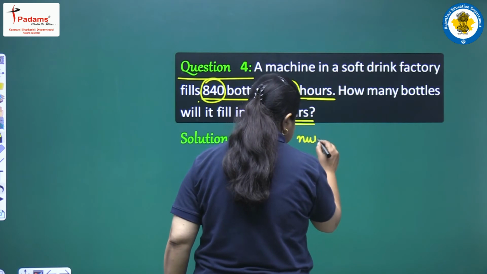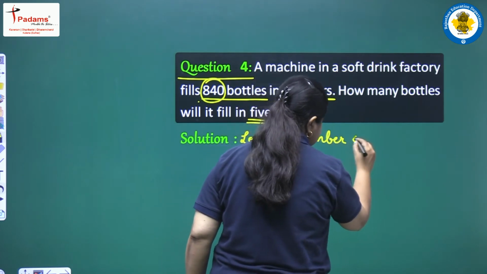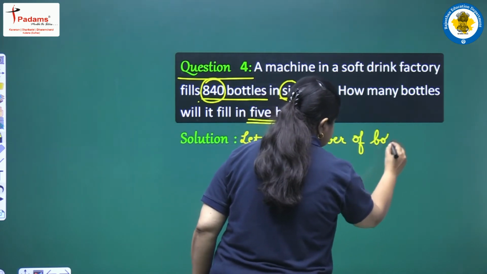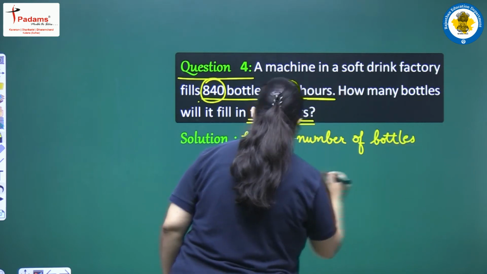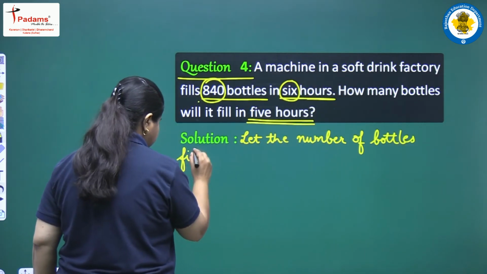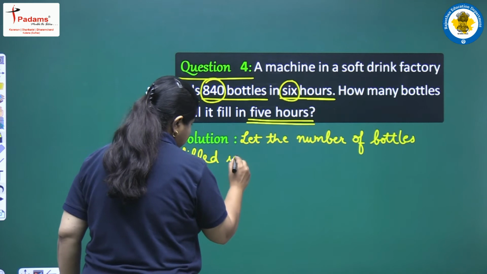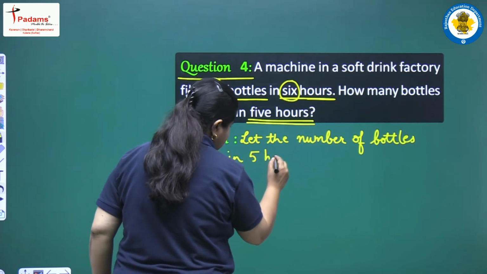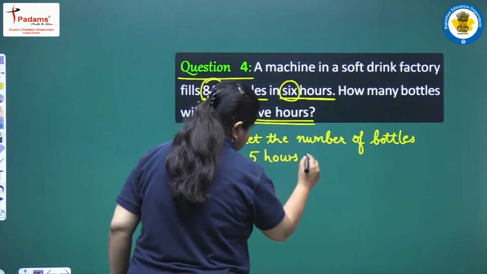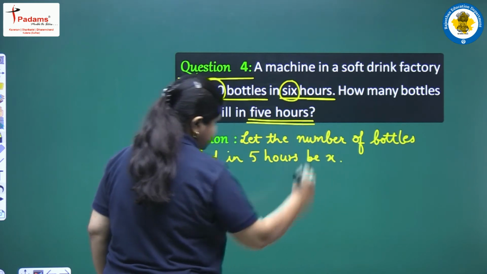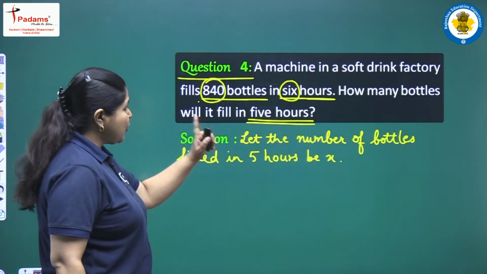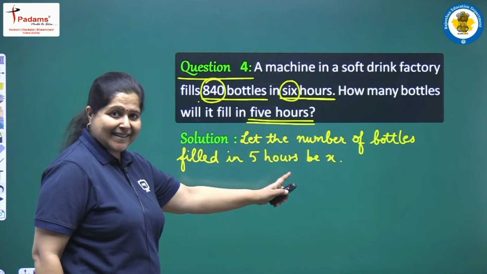We write here, let the number of bottles filled in 5 hours be x. ठीक है, 5 आवर्स में कितनी बॉटल्स भर रही हैं हमने उसे मान लिया है x। अब आपने